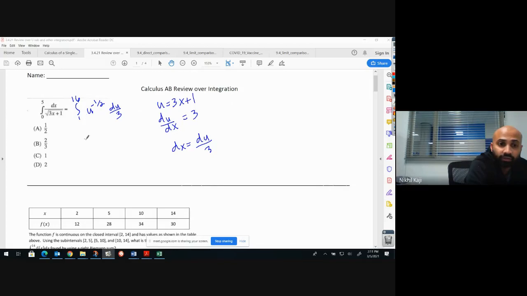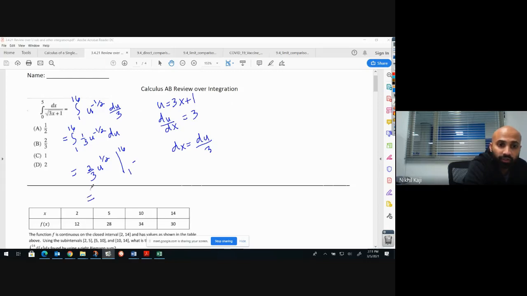So now all we have to do is just solve this antiderivative. I'll rewrite it to make it look a little better. 1/3 u to the negative 1/2 du, 16 and 1. So now we take the antiderivative of this, so add 1 and divide. So that becomes u to the 1/2. If we add 1 to that, divided by that, it becomes 2. So 2 times 1/3 is just 2/3. We don't need a plus c because we have bounds. And then we can go straight from here,